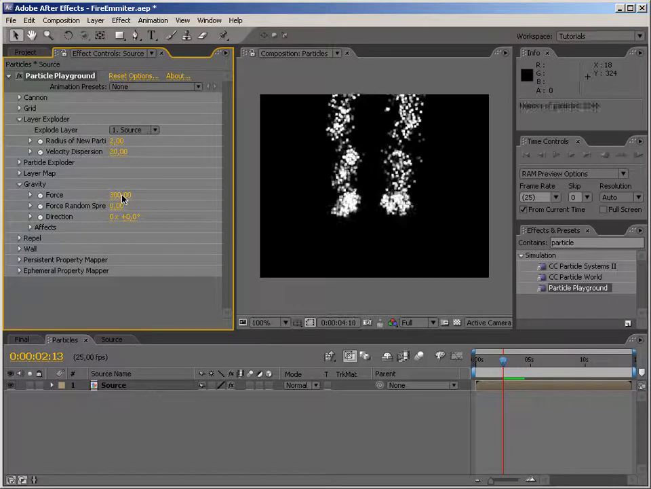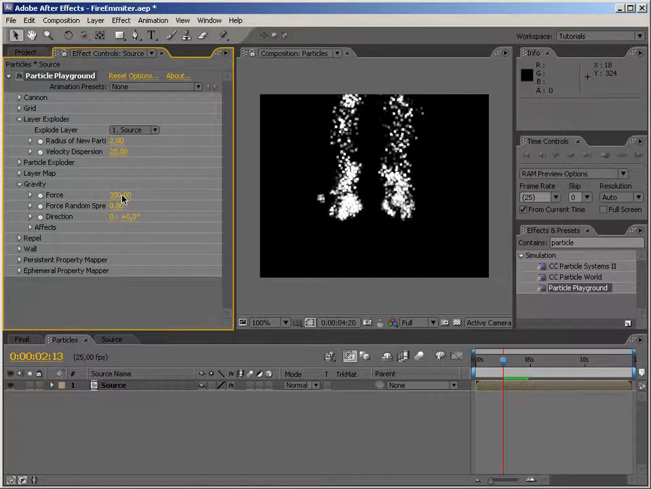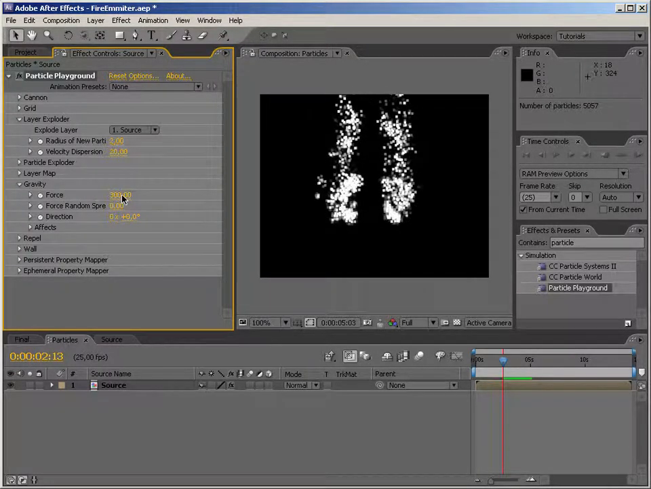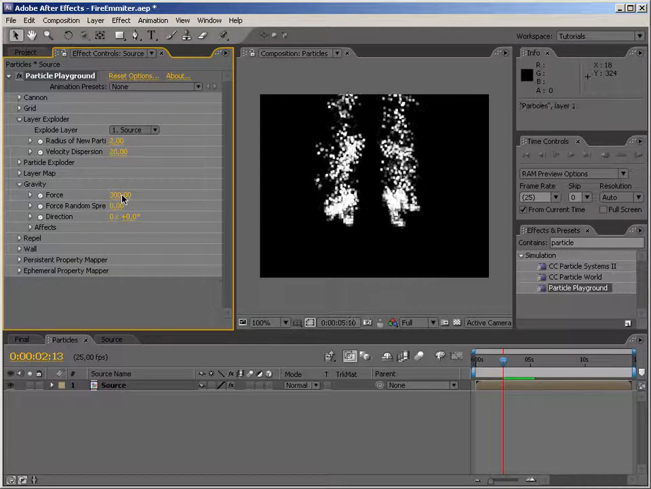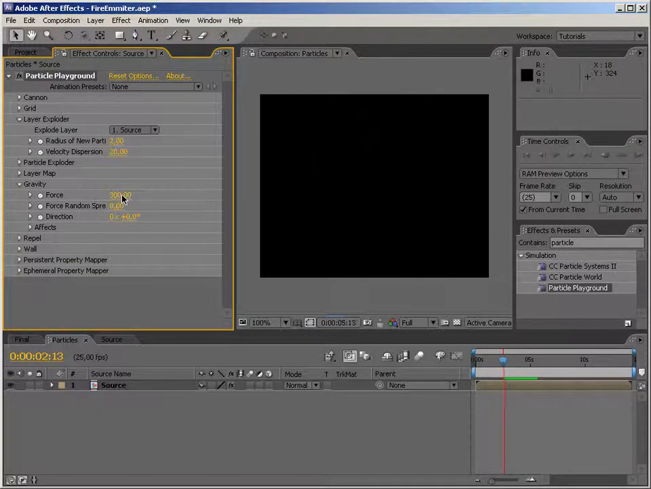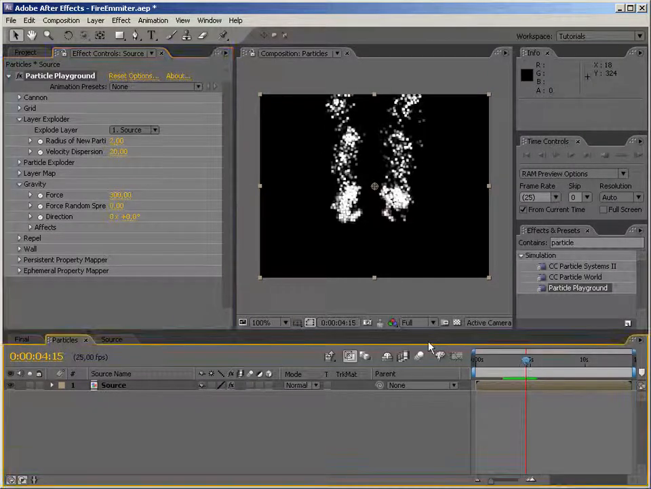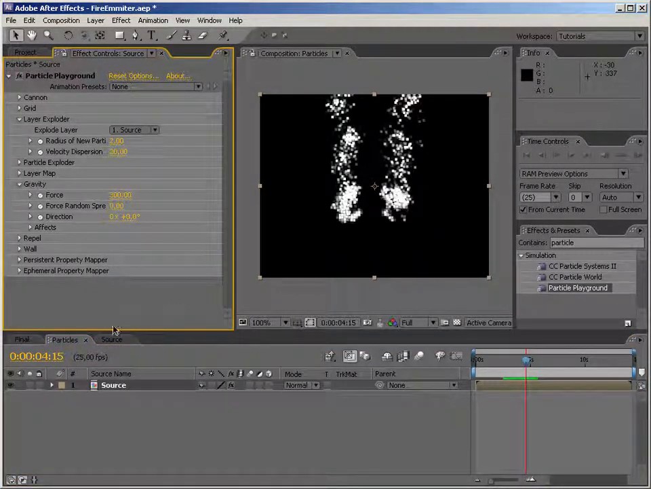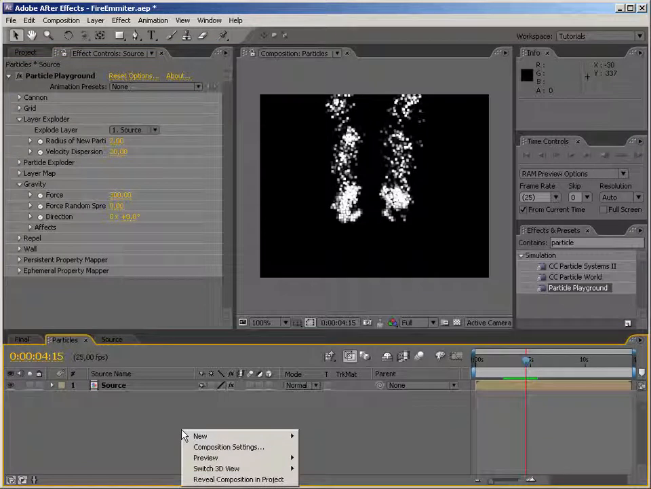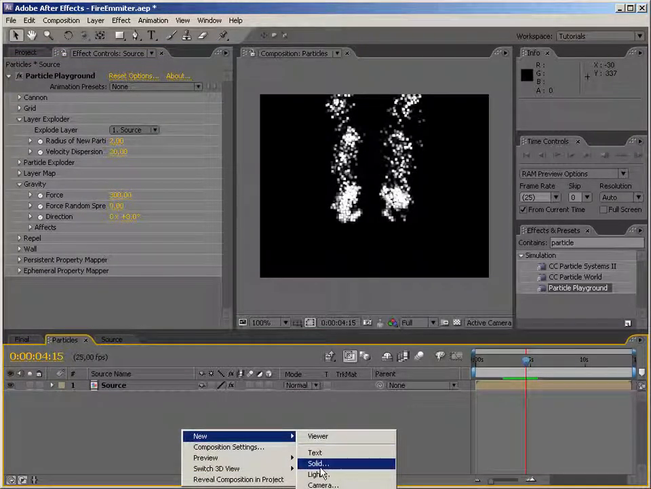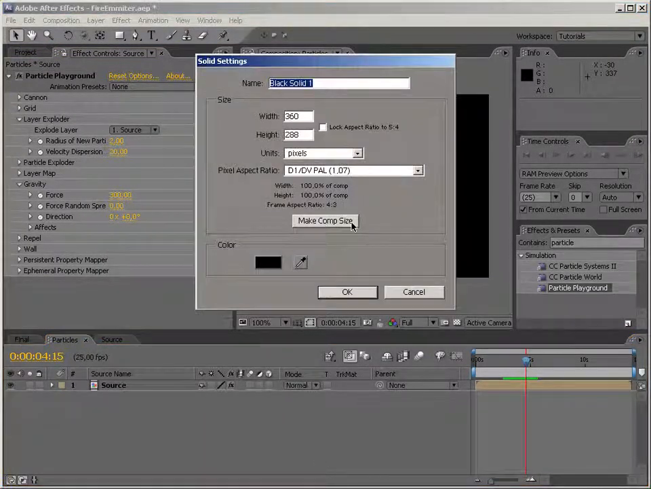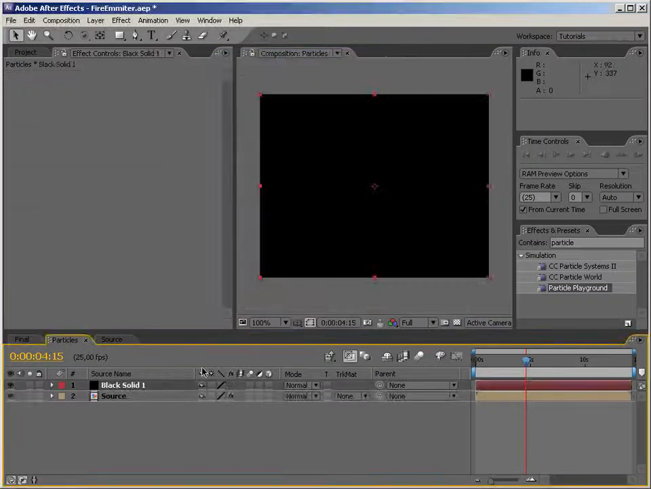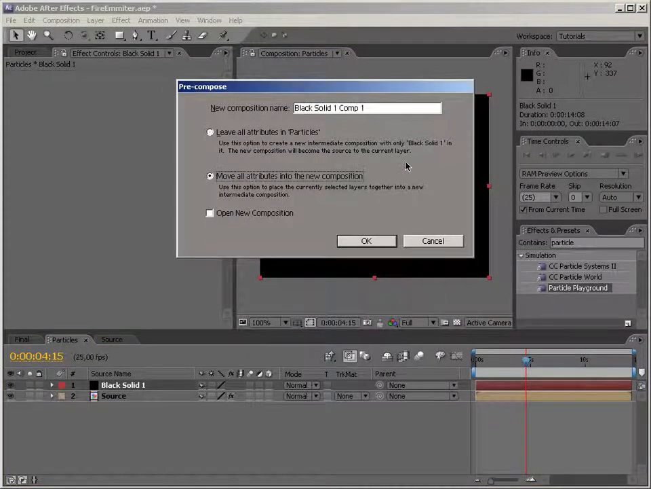Okay, much better. And I would also like to change the opacity of the particles. And like I said, particle playground is more scientific, at least in my feeling. So let's go scientific on this. Let's create a new solid, comp size, that's right, and we'd like to pre-compose it and continue in a new pre-comp. Let's call this